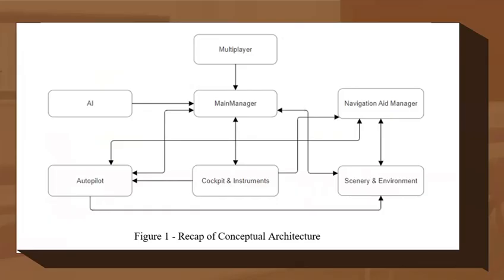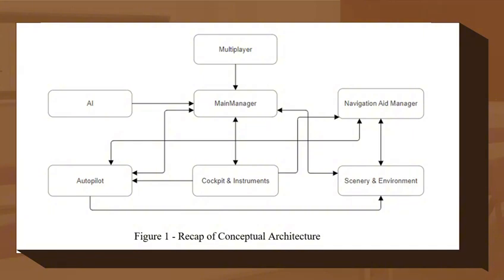As shown in Figure 1, FlightGear's conceptual architecture provides a high-level view of the various parts of the system. In this architecture, we focus on the core component, the main manager, which coordinates the interaction of other subsystems. For example, the AI and the autopilot provide data and decision support directly to the main manager, showing their influence on core operation